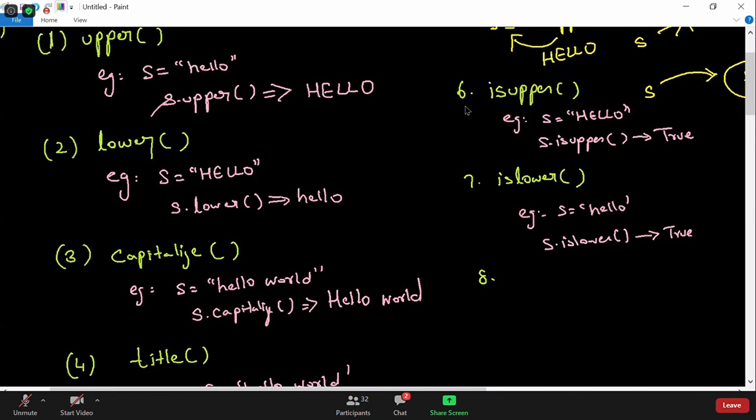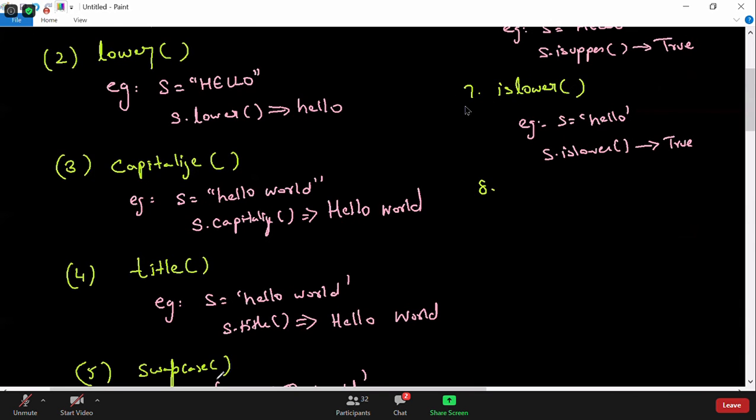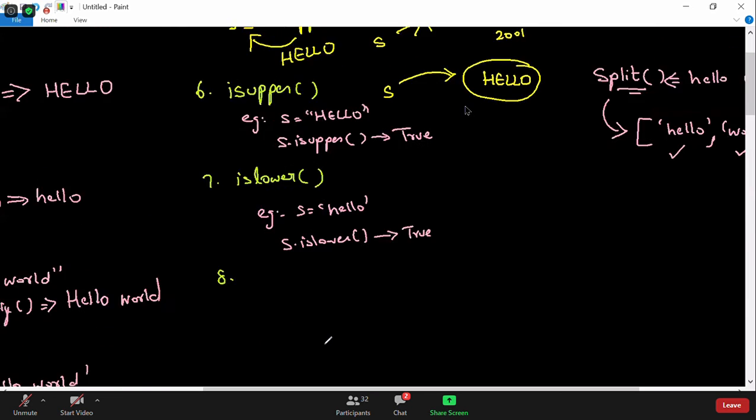We know how to convert title. We know how to use swapcase. Okay, we know isupper and islower are required because they check whether it is lowercase or uppercase. But still, without methods also you can do it. You can make use of the ord function, and you can do it that way as well.